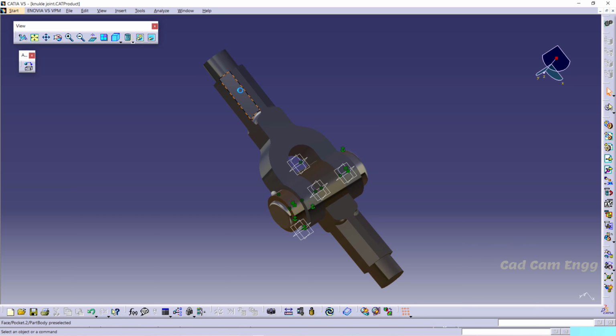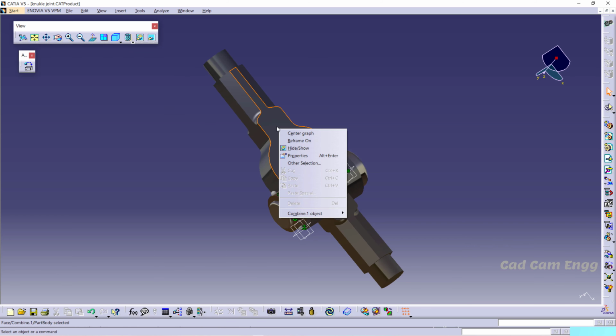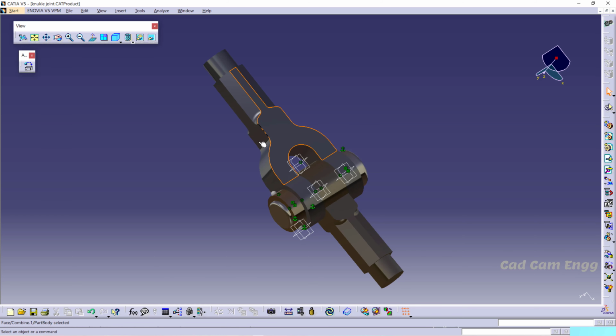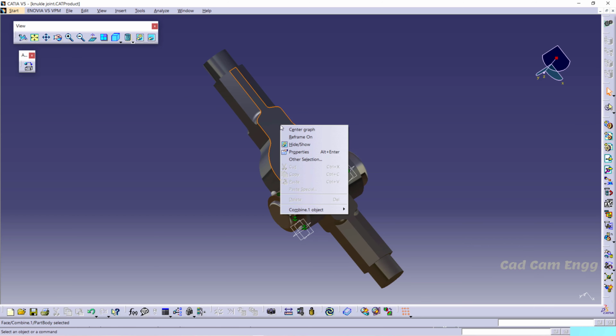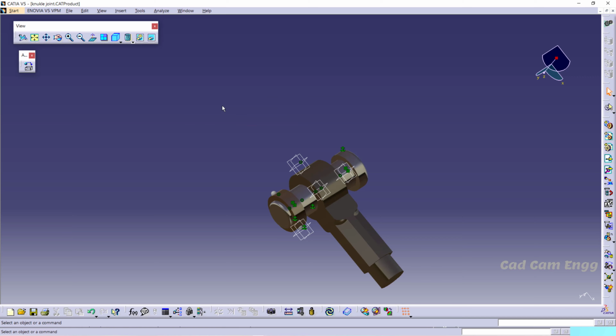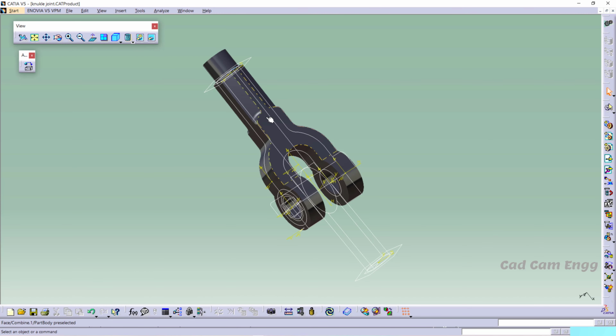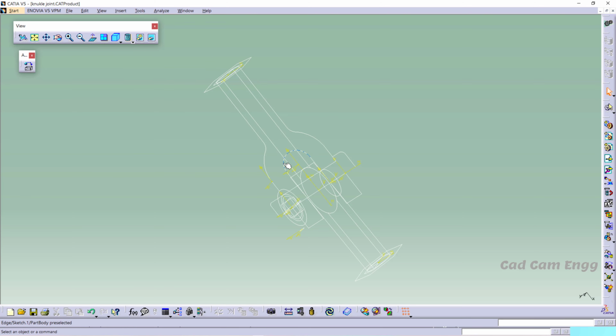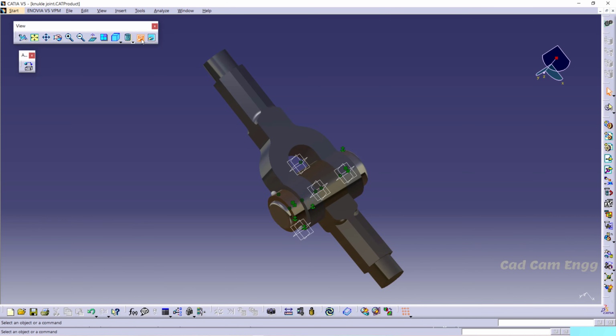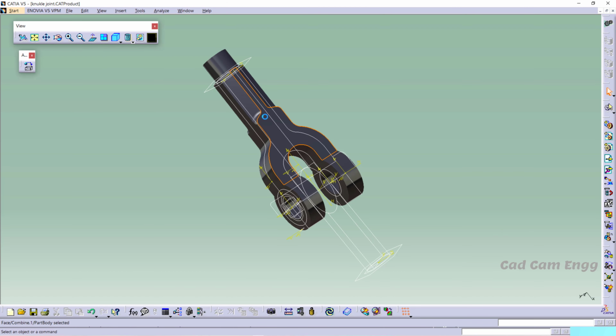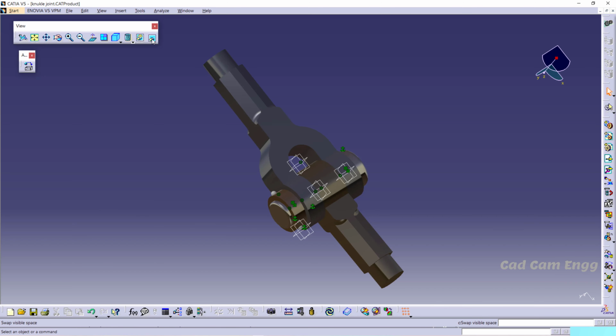When I'm hiding, the shortcut I'm using: this is the body I want to hide. Okay, I'm giving right click, then I'm giving hide. This is not the original process, this is just a shortcut. Okay, and then if you want to hide an object, you have to select hide, and then select the object you are going to hide. Okay, this is the hide tool, and again I'm giving hide, and then our object will come. Okay, this is the hide tool.